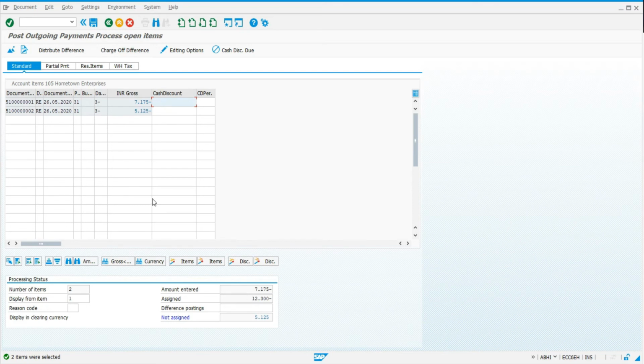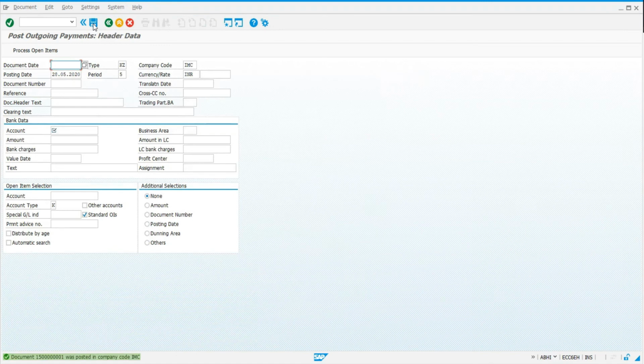What you can do is select the line item which you want to deactivate and come here. This is for activation and this is for deactivation. Then click on deactivation of item. Here you can see it has turned black and the assigned value is again 7175. It means we are issuing payment against the first document for the value of 7175. If there is any discount from the vendor, you can put it over here. Now we just save this, and you can see we have received a document number for the posting of this payment. It means we have issued the payment to the vendor against this invoice.